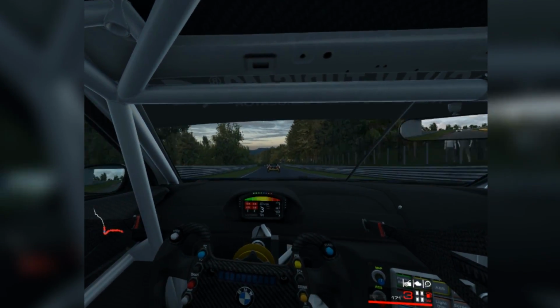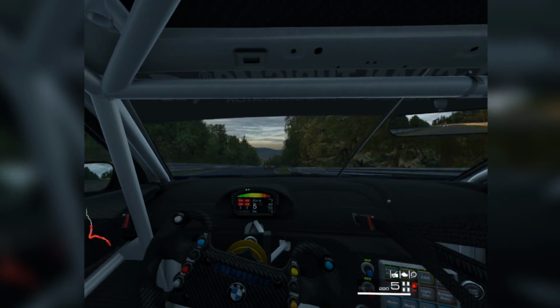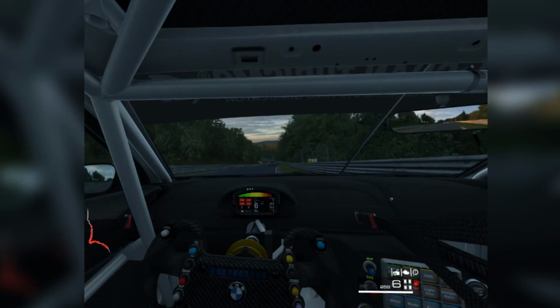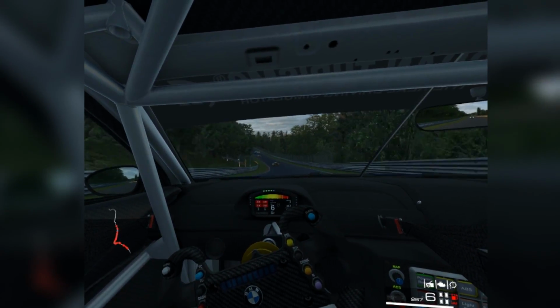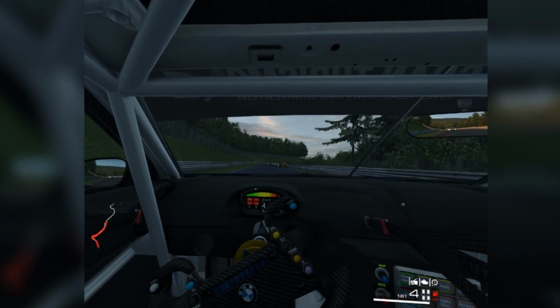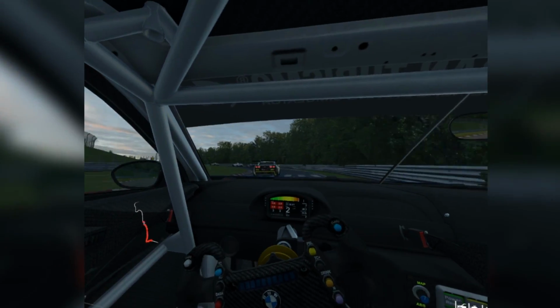So, if you're licking the dashboard, which I know some people do, you might be a little bit disappointed by that aspect of the car. But having said that, surprisingly, the actual lighting that comes through, in terms of the colour of the lighting and the way it plays with the shadows through the cabin of the vehicle,